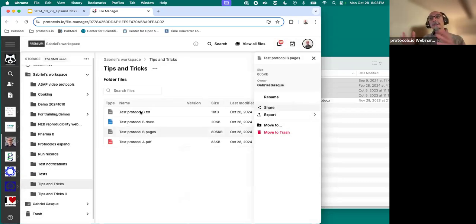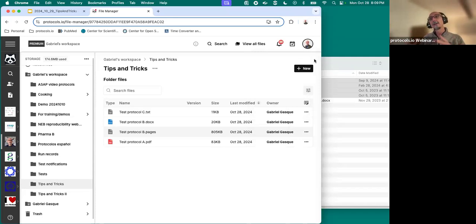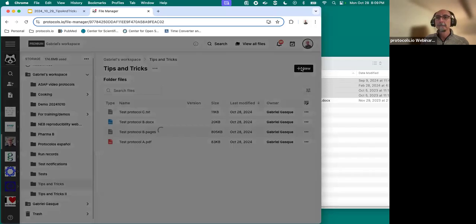However, because these are not protocols created with the editor, you cannot publish any of these documents. Again, you cannot publish from protocols.io, PDFs, or Word documents. The second way for you to create a protocol out of these existing documents is to create an empty protocol and attach any of these documents to that empty protocol. So to create a new protocol, you go to the New button, you select New Protocol,